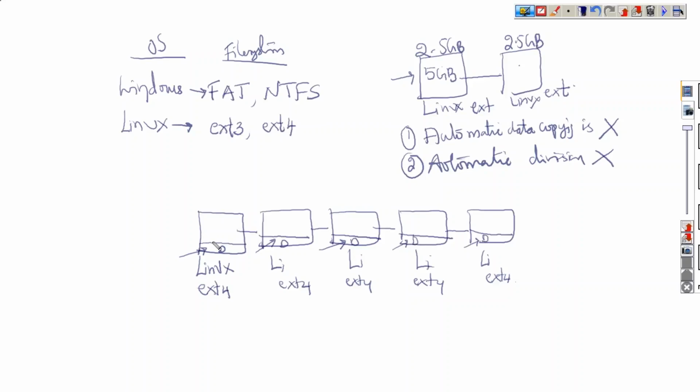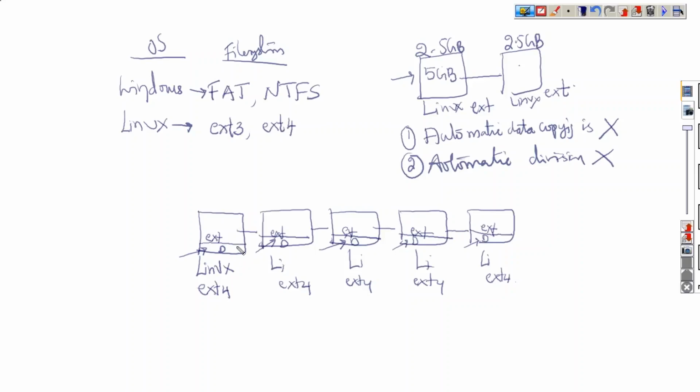The file system will maintain that. Let me use the ext file system here, ext file systems.